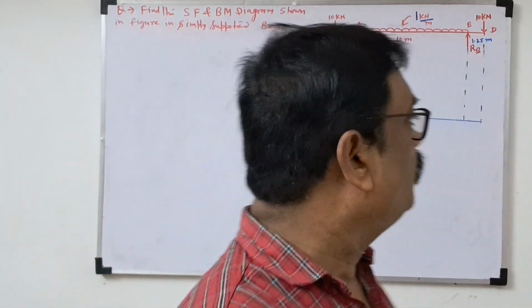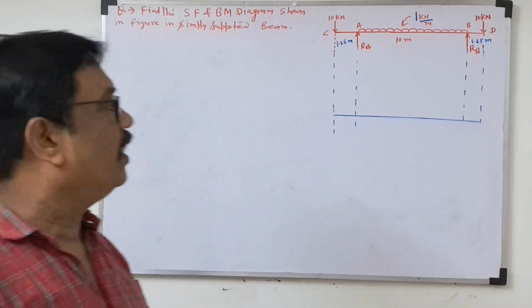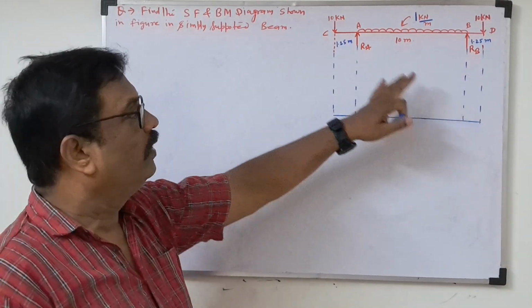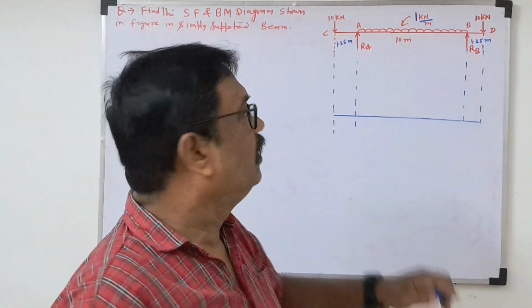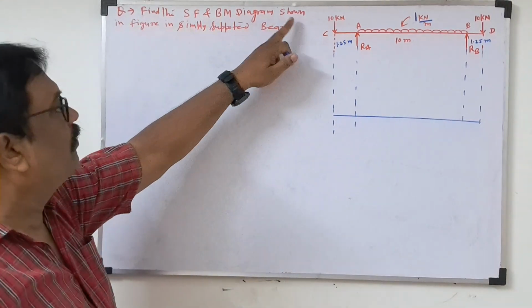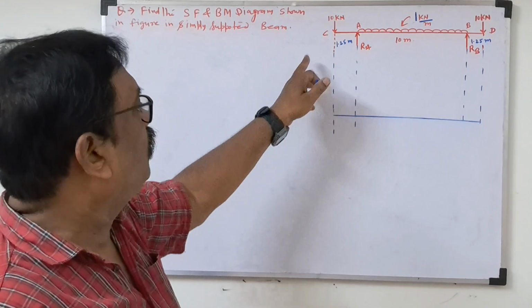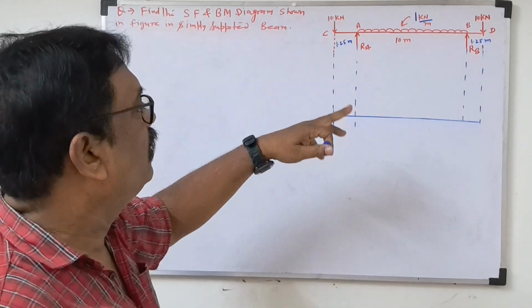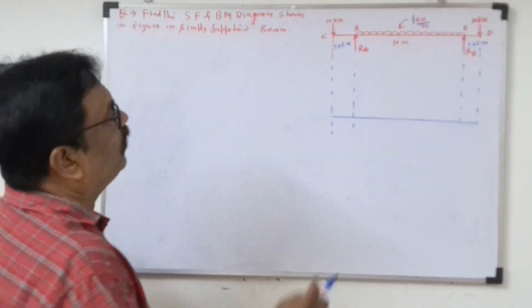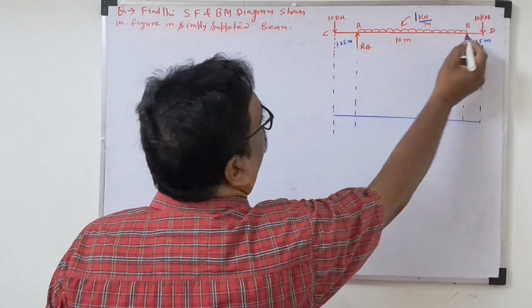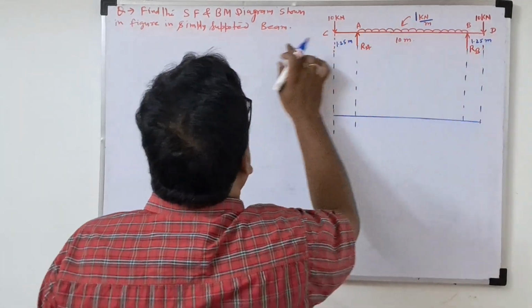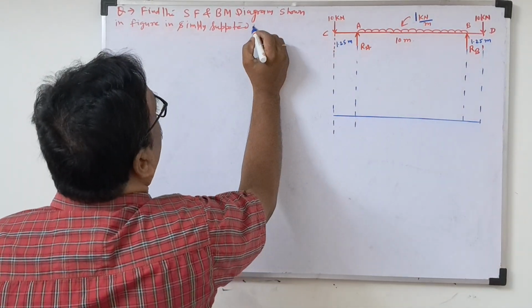Today I am going to solve the shear force and bending moment diagram for the simply supported beam. Find the shear force and bending moment diagram shown in the figure for a simply supported beam with overhang. Why overhang? Because the supports are A and B and both sides will be overhang. So, simply supported beam